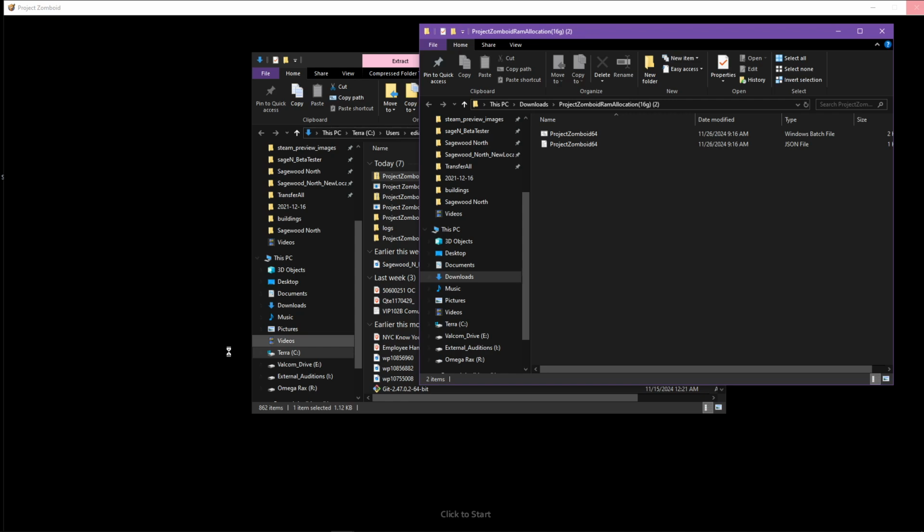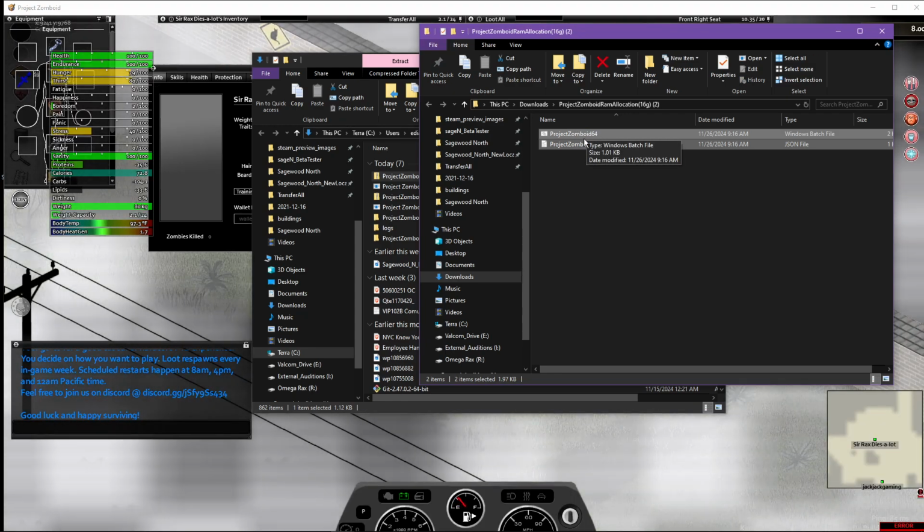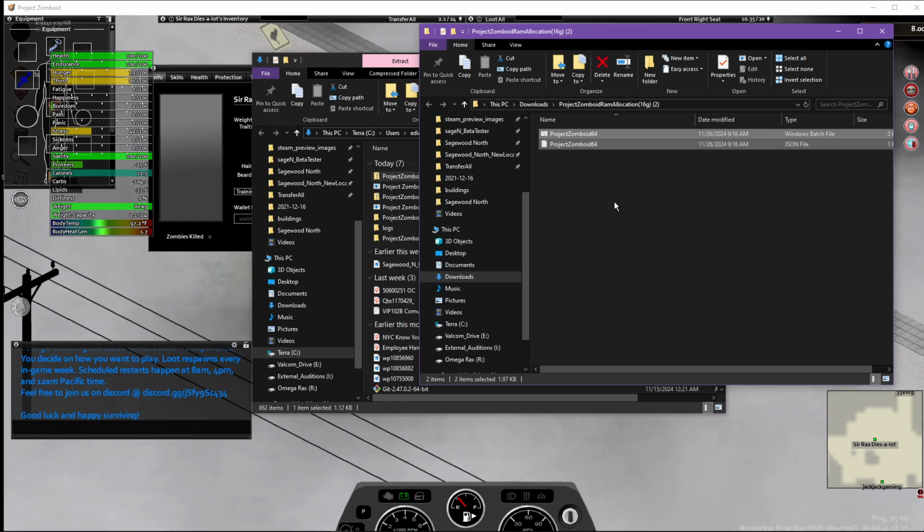The music changed, so that means that the game's loading up. As you see, it's no longer gray in the background, so it's just doing its thing. These 2 files we have to drag into the actual Project Zomboid